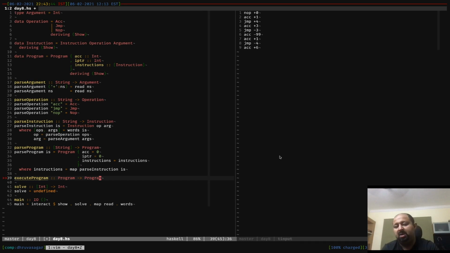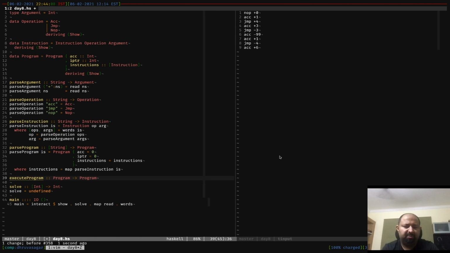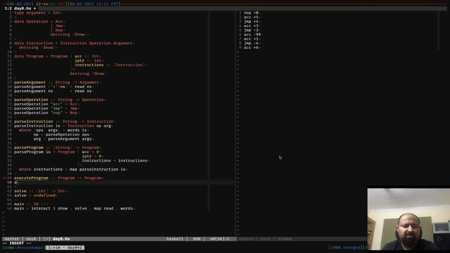Now the reason we do this is because obviously program and most other data types we have, they are immutable, right? So we don't mutate an existing thing. All we ever do is we make changes and create a new one based on that. And so let's see what this would look like. So execute program, let's say it receives a program, and